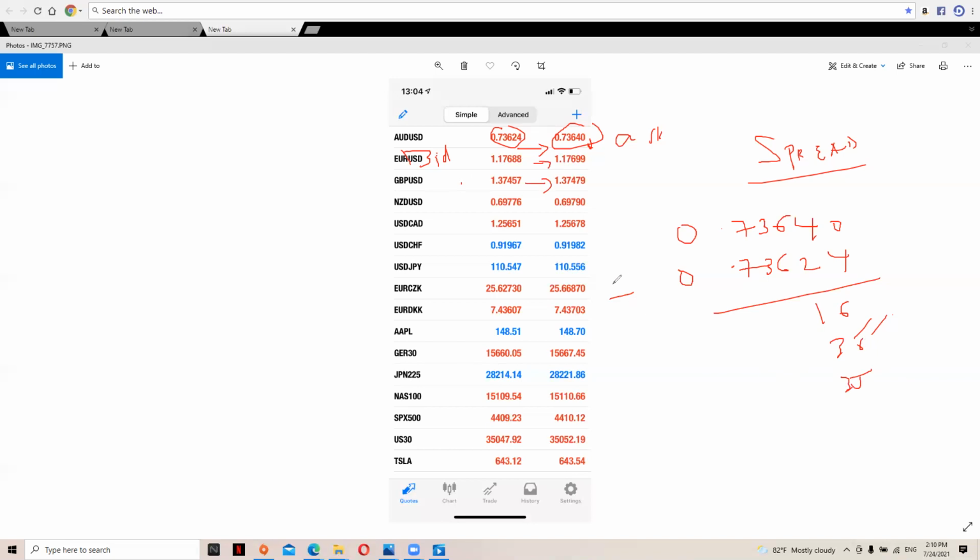So let's do another example here. What's the spread between this and this? Like I said, ask minus bid. So 15,667 minus 15,660. What do we have now? We have 7. So that means if you are going to go for a buy, let's